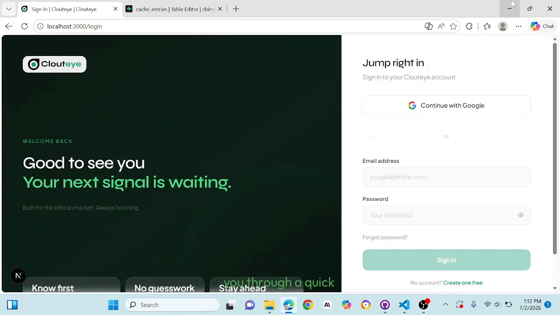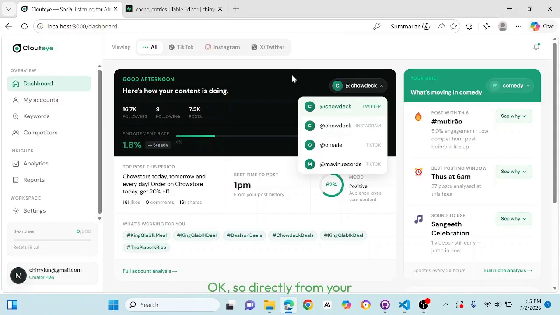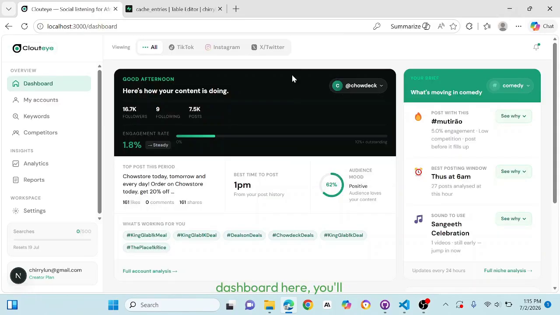Today I'll be walking you through a quick overview of how it works and what it can help you do. Let's get started. Okay, so directly from your dashboard here, you see an overview of your accounts that you're